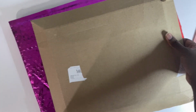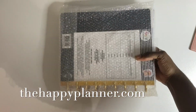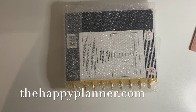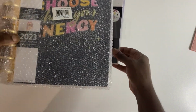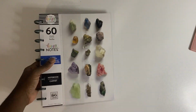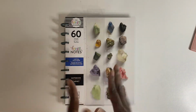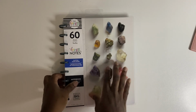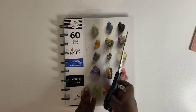So let's get started. This first package is from the Happy Planner, and came in this really pretty pink package, and I just got two things. So these two. First I'll start off with this first one. I'll tell you what I'll be using everything for as well. So this is the first pack. This is the first notebook, and it's the Happy Notes